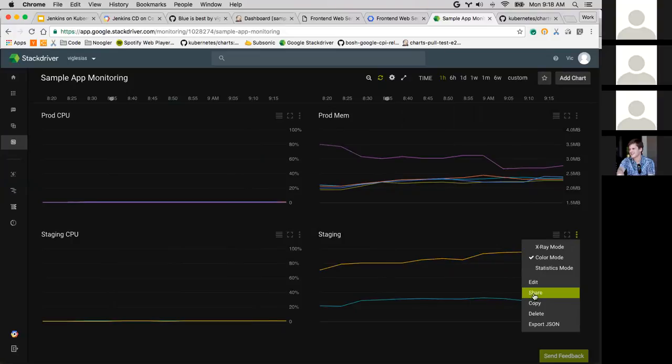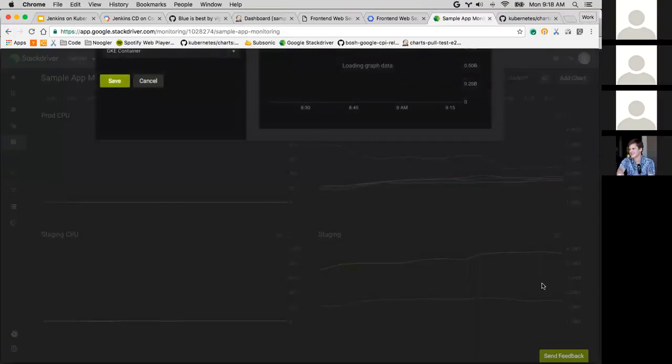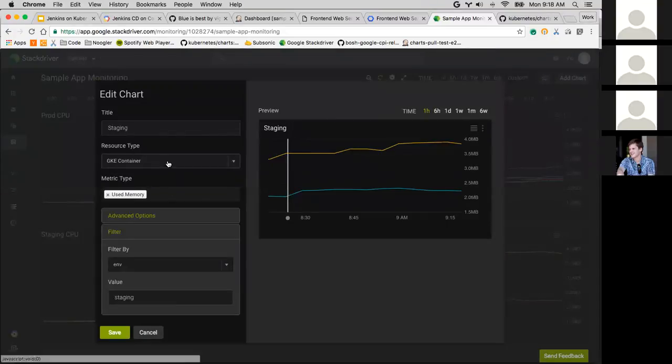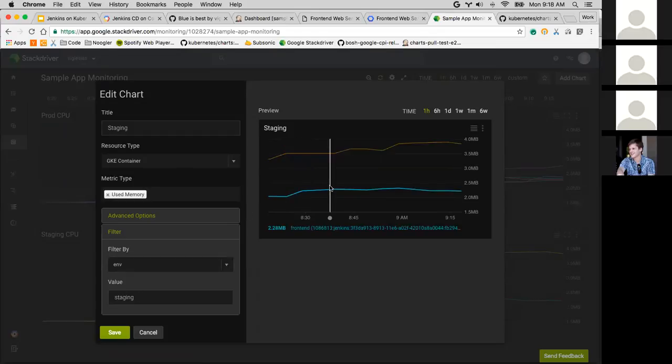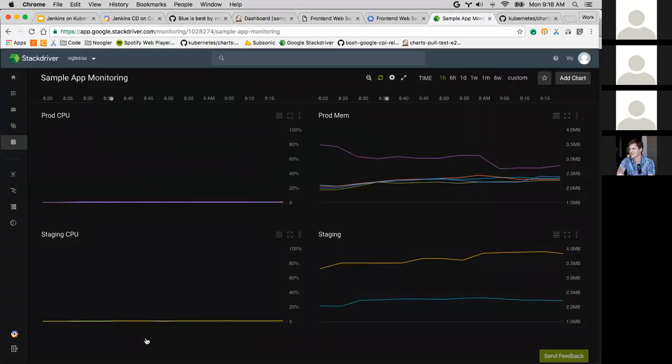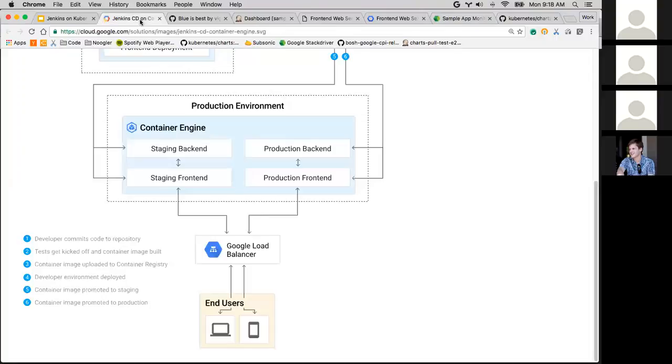So the way that this is set up in Stackdriver is I have a metric defined, which is a GKE container metric of used memory, and then I filter by the env label and say that I want only the pods that are in staging. So you can see here that I have a front end and a back end pod that are in staging there. So let's go check on our site here, and